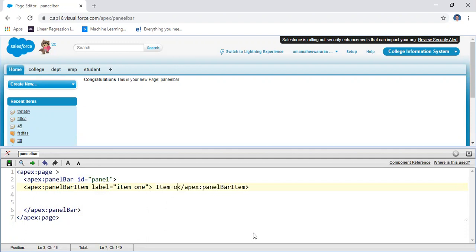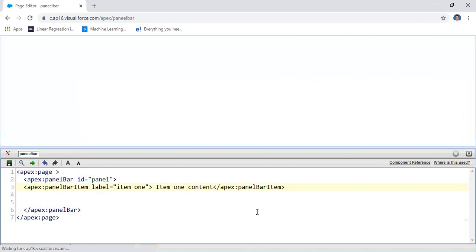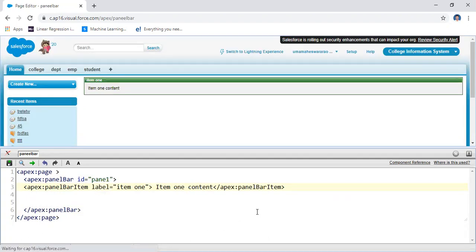Item 1 content. I wrote item 1 content. In this way we create it. If you execute this, it will create the first panel bar with only one item.